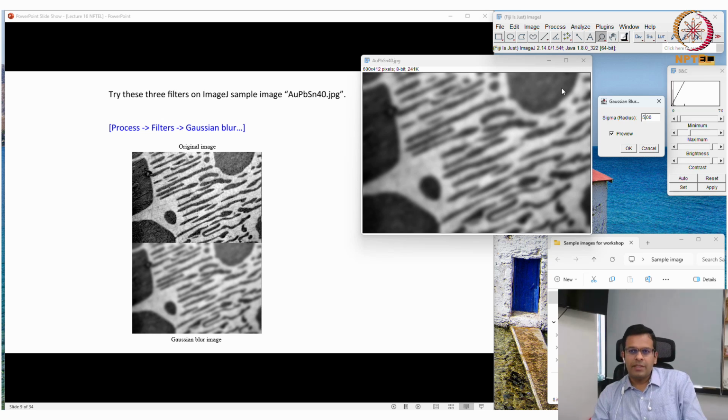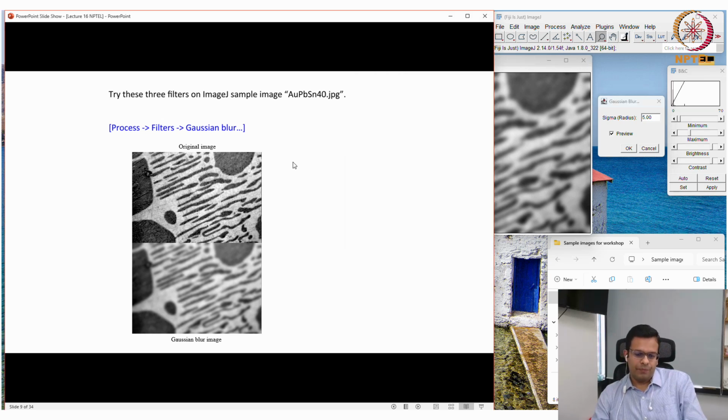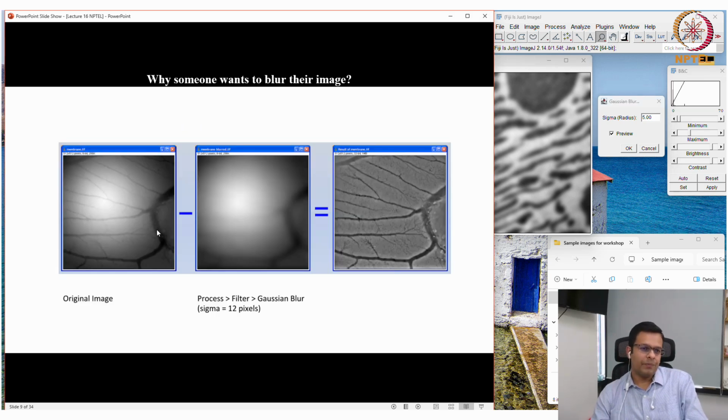Now, why would someone want to blur the image? Here you can see, let's say this was your original image captured by your microscope, and your microscope did not have proper illumination, and because of that, you can see the center area is bright and the periphery is dark, because of uneven illumination.